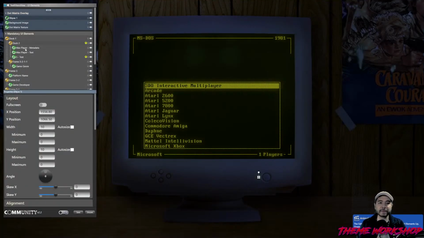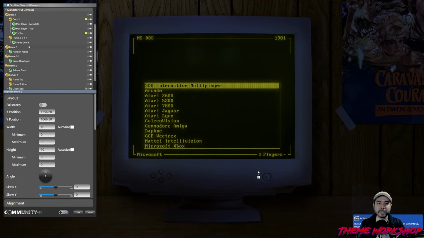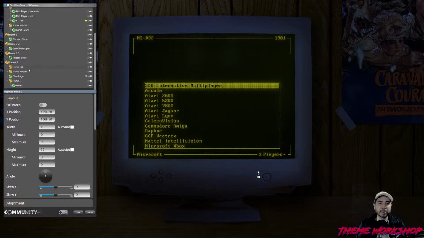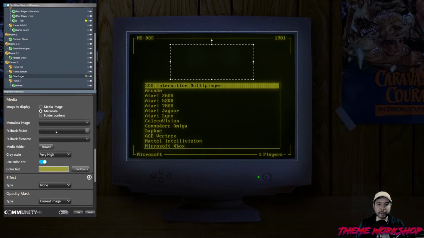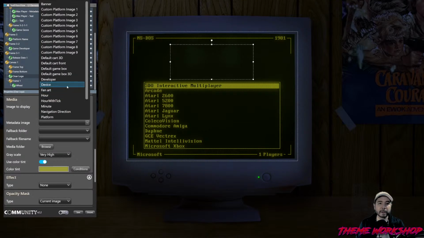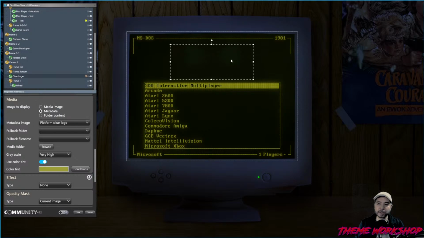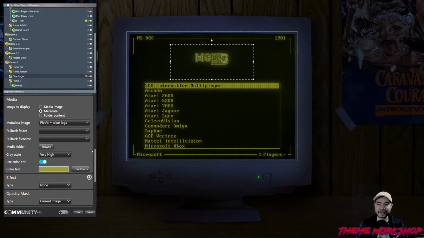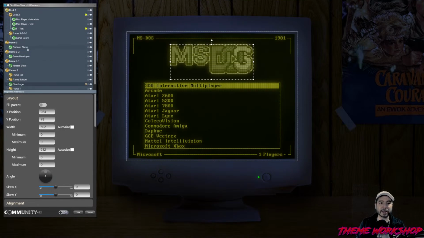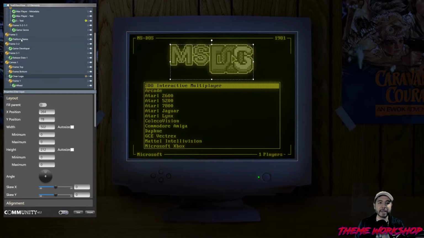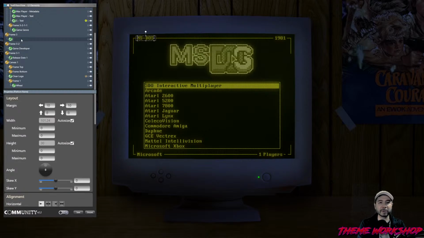All right, so let's fix this up. We're basically almost done. So instead of, actually, there should be a clear logo here, shouldn't there? Platform clear logo. It's essentially just, we'll have the exact same effect as I did over there, same animation. Look at all that time that I saved. We can change the platform name to